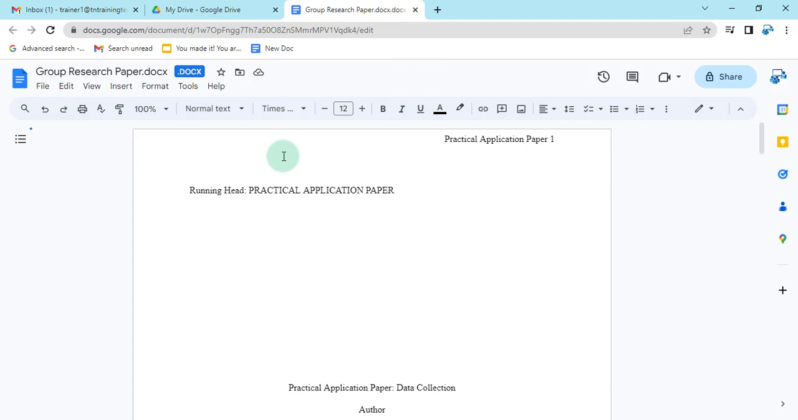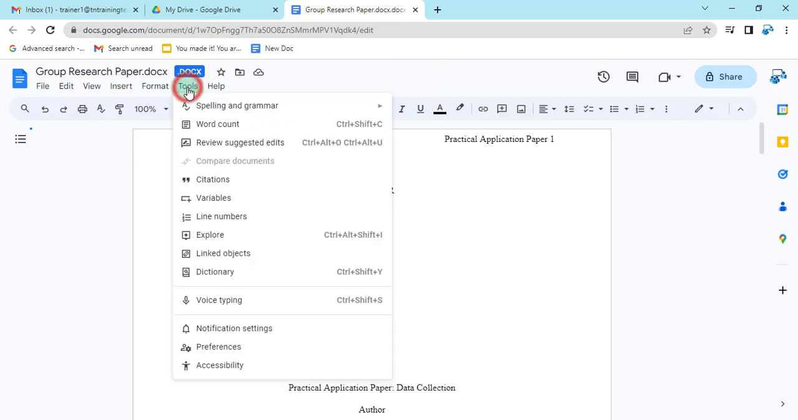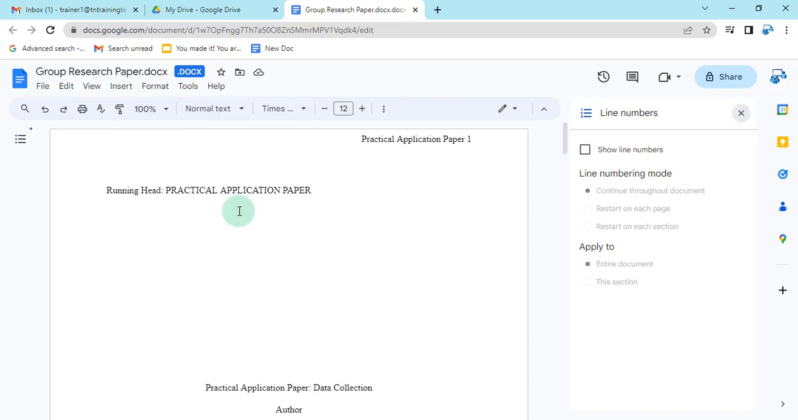You're going to go up to the top and under the Tools menu in the upper left corner of our screen. You're going to click on that, and then down in the middle of the menu, you'll see an option for line numbers. Now, this doesn't automatically apply them. You'll see to the right side, it kicks out a window. You'll click on Show Line Numbers, and then below that, it will give you some different options in terms of